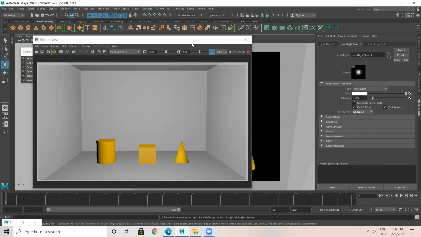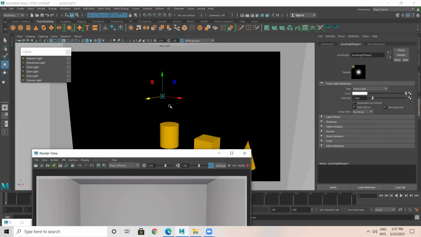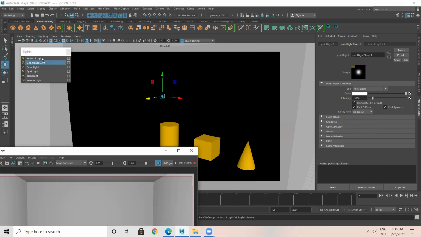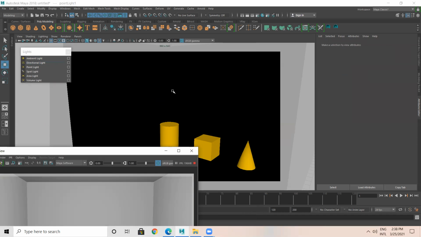Now again, point light. Point light is used in interiors or for task lights. Task light, I told you, like in a kitchen or a table lamp. For those you can use a table lamp, or another spotlight, but you can use it anyhow. Next, ambient light is used for exterior scenes to create a day scene or night scene, where the light is spread evenly and doesn't affect any particular area. For those kinds of things you can use ambient light. Now I'm going to delete the point light also.